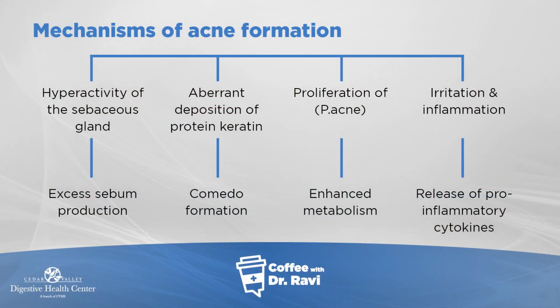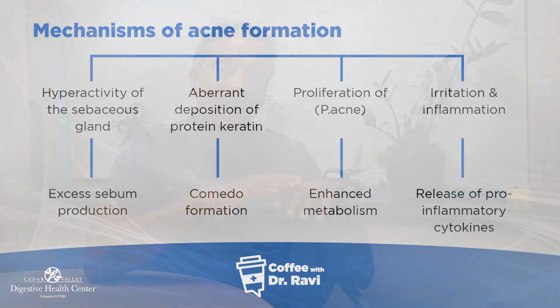What's happening in acne is that there is sometimes more secretion of this sebum, or sebaceous gland, the oily secretion. The second thing that happens is that the lining of the skin is called keratin, and that's produced by this pilosebaceous unit, and sometimes there's excess formation of that. So when that happens, the pore gets plugged up by what's called a comedo, or these whiteheads that we see.